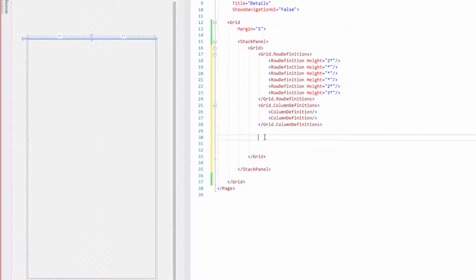Now what I like to do, if it's a really complicated design, is put a comment in saying what's going to be there, because it helps me with the control of what I've got to do and tracking what I need to do. So you may have seen what I did with a comment there. I'll just do it again. It's the less than symbol, an exclamation mark and 2 dashes, and tab. I like to put a double space in there. So this is going to be the title row,